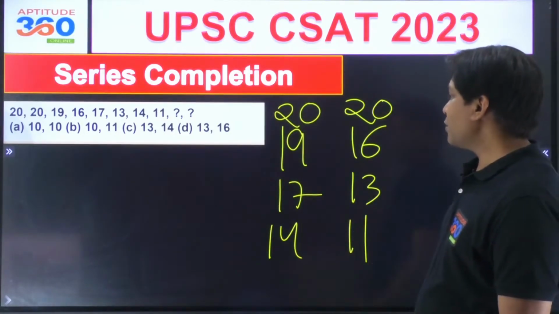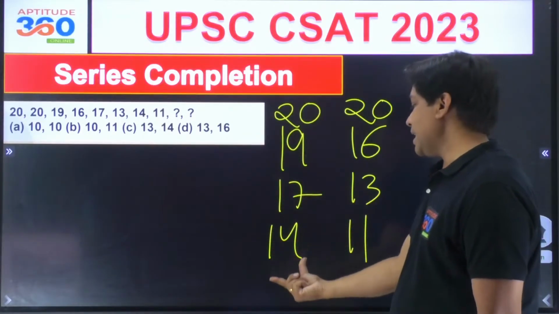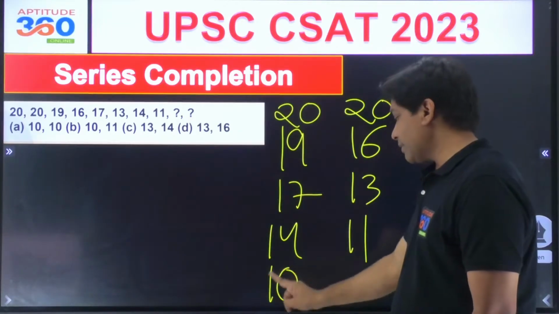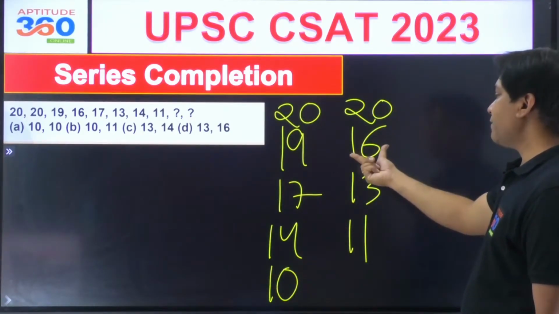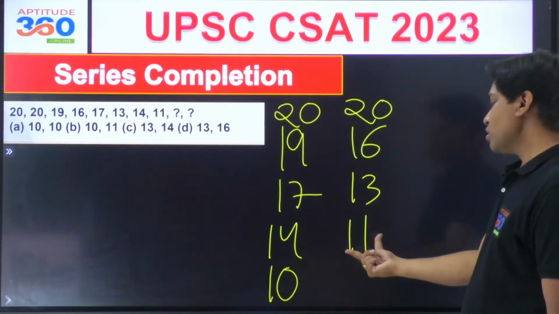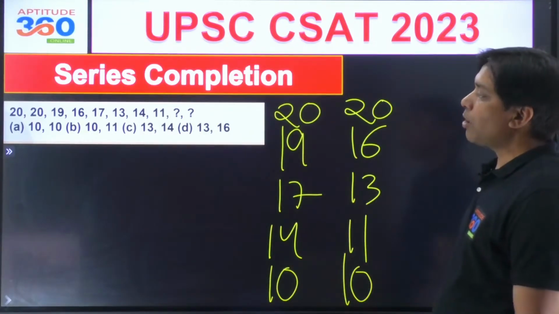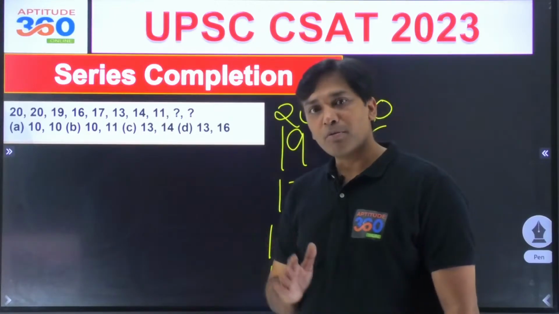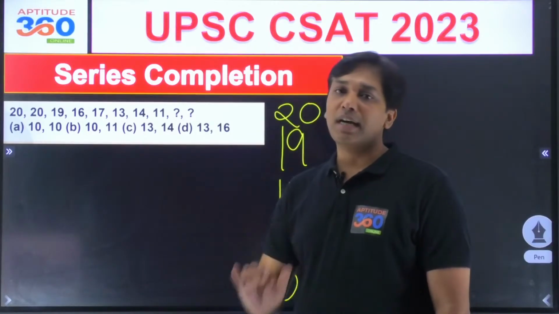So it's pretty simple for you to find out. So minus 1, minus 2, minus 3, this will have to be minus 4, is it not? So this will have to be 10, right? And this negative 4, negative 3, negative 2, negative 1, isn't it? So this will also have to be 10. It's a combination of 2 series. Problem is simplified. अगर आपने टर्म्स में कुछ ढूंढने की कोशिश करी कोई पैटर्न, फिर आपका टाइम वेस्ट करेगा, राइट?